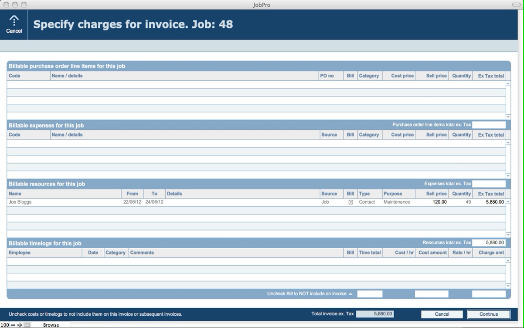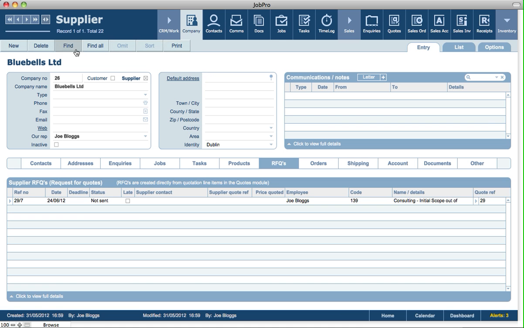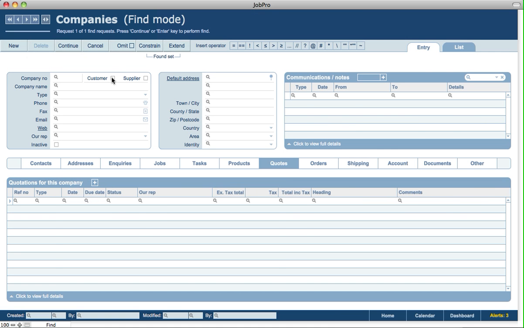Now a great use of this new resource functionality is if you do servicing or maintenance on whether it's internal or customer related assets, then you can manage all that now from within JobPro. So if we have a look at a customer screen, and if we click on find any customer,